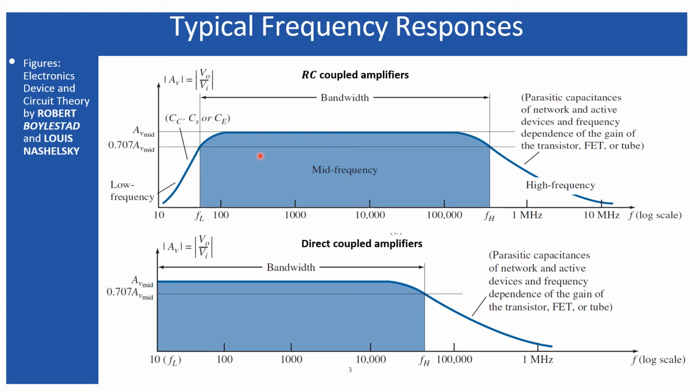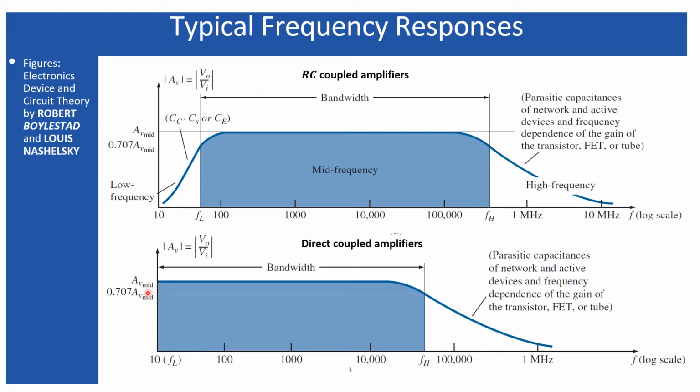Suppose you are using a voltage divider circuit where you have used these three capacitors, and definitely you are going to find a frequency response which is passing a band between some lower cutoff frequency and higher cutoff frequency. That means it has a finite lower cutoff frequency. But when you remove these three capacitors from the circuit, then you will find that the frequency response appears flat starting from some lower frequency range or 0 hertz.